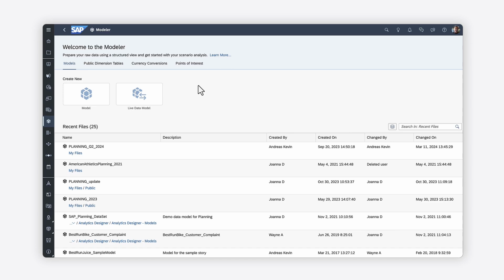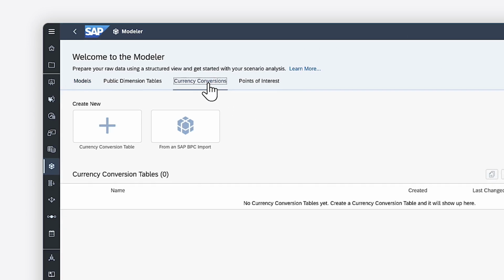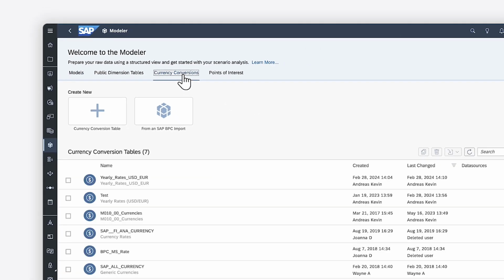Looking to aggregate values from different currencies when visualizing your data? If so, you need to enable currency conversion in your SAP Analytics Cloud models. To use currency conversion, keep in mind that you need a currency conversion table that contains the rates to use